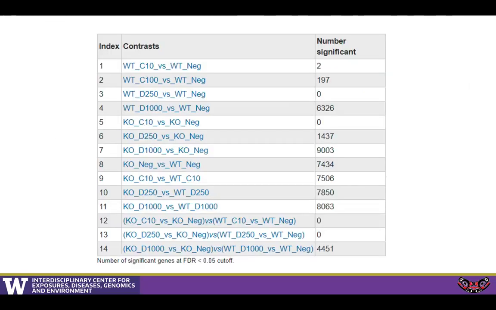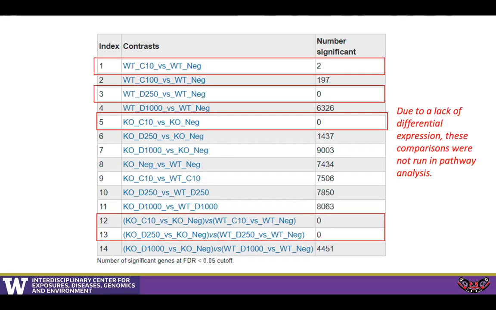And if we look at the differential gene expression of these cells as they are exposed to the different chemicals, the cinnamaldehyde and the diacetyl, we can see that there are a large number of gene expression changes. However, most of the gene expression changes present for some of these exposures are due to the fact that the wild type and knockout cells already have basal differences that are so different, as indicated in line 8 there. Now, what we did is we removed from the further analysis those exposures that didn't cause a significant number of gene changes, and with the remaining